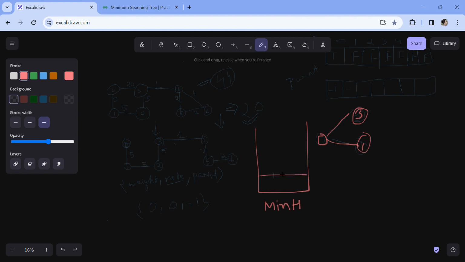So from 0 to 1 the edge weight will be 5. Then the node will be 1, and the parent will be 0, as we are coming from 0. And here, from 0 to 3 the cost will be 20. So 20 is the edge weight, and we are going from 0 to 3, and the parent will be 0. Okay,